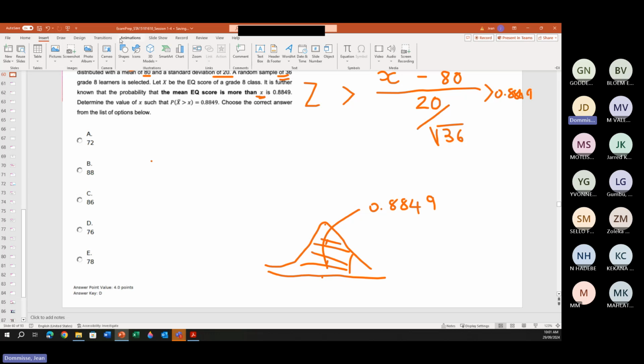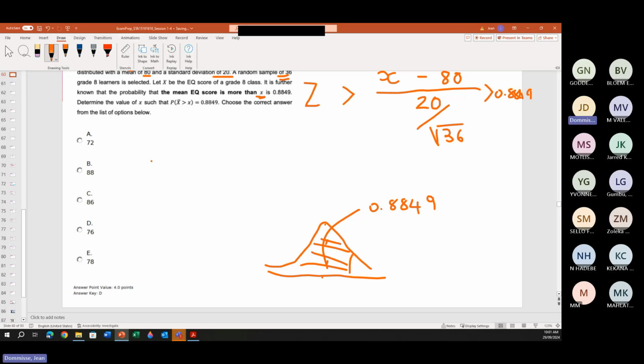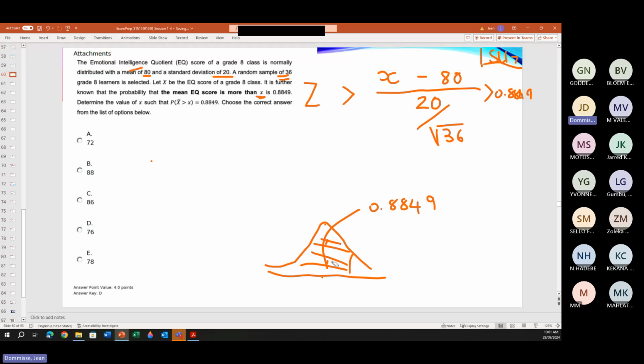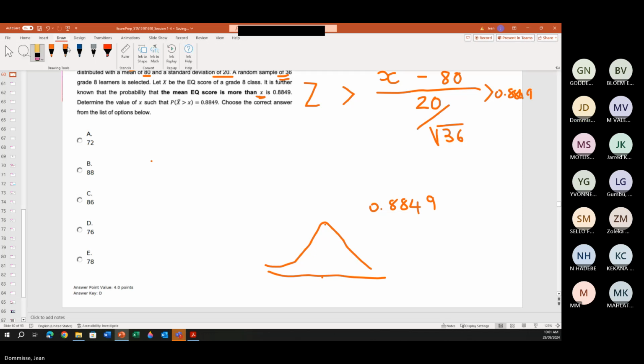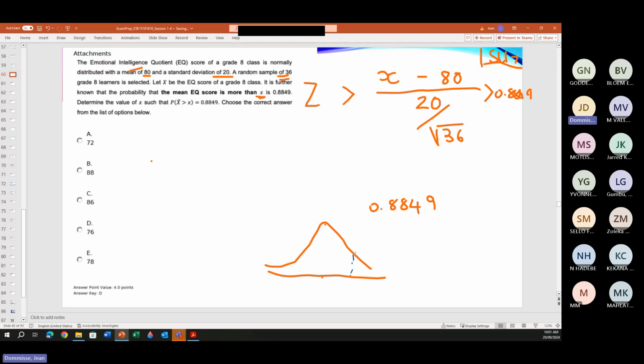Okay, more, not less, more. Sure, okay. This is quite a tricky one. So I first looked at it and I thought it should be there, but that area can't be 0,8849. Okay, so then it must be lying somewhere here